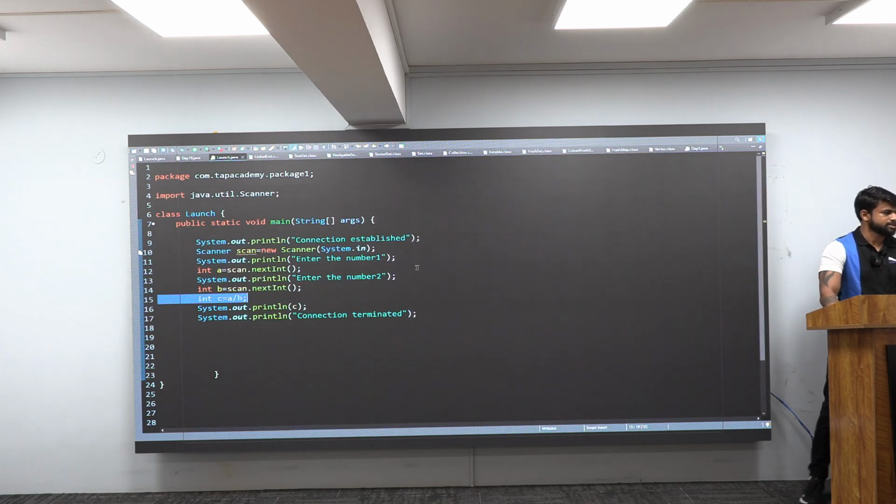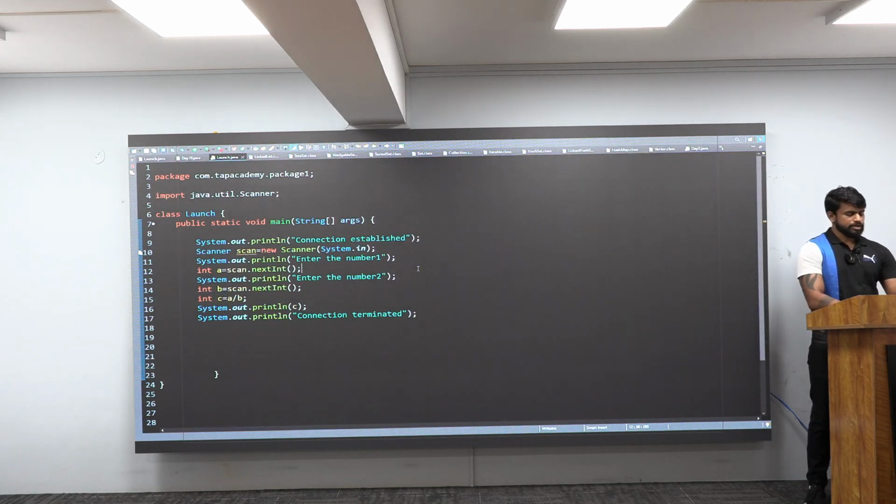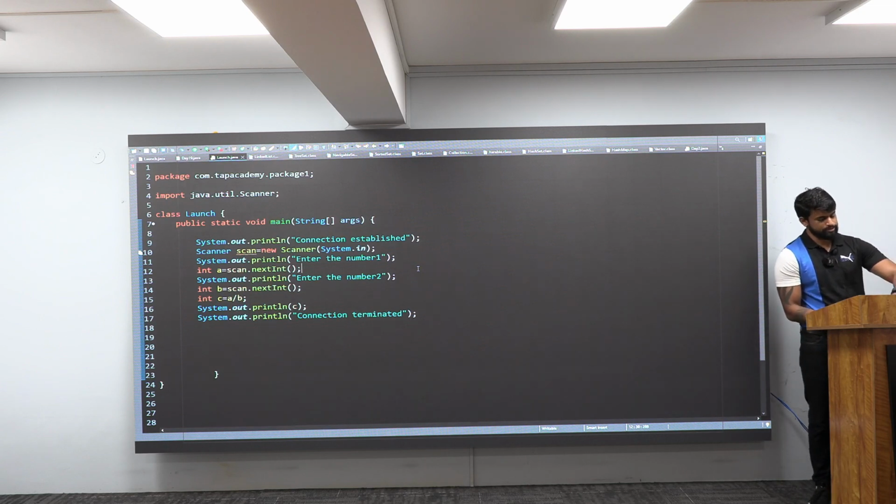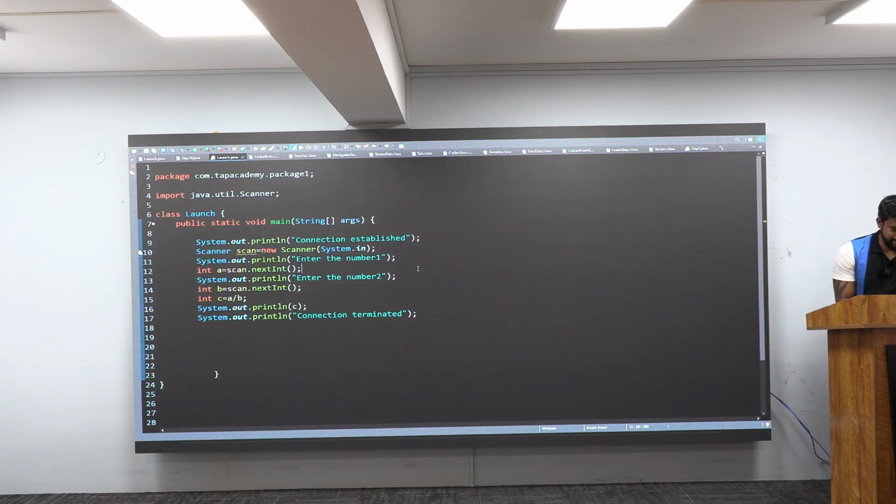Buckle up and watch this. What I will do now is, I should handle the exception. If you have to handle the exception, then you have to give try and catch blocks in your program. So now you'll ask me, what is this try and catch block? Let us understand what you mean by block first. What do you mean by block?